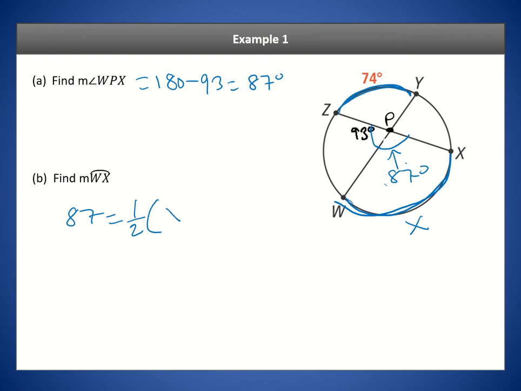So I can add those up and take half of that sum to get this angle 87. If I want to solve this equation for X, I can multiply by 2 on both sides, which crosses out and gets rid of the half. So I have 2 times 87 is 174,